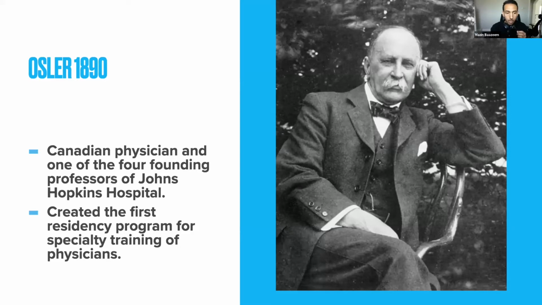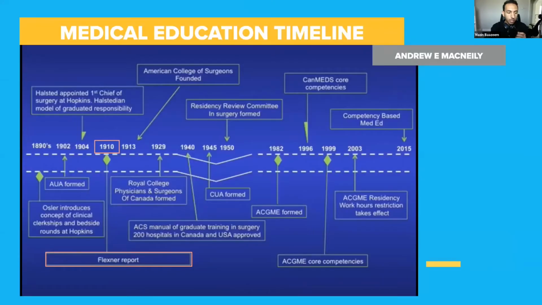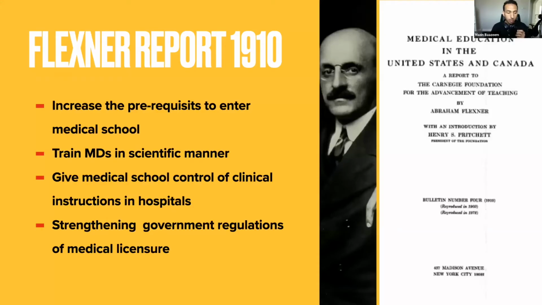Back to the medical education timeline, another shifting point happened in 1910 with something called the Flexner report. Abraham Flexner is actually not a medical doctor. He's a private school owner. So basically, he was funded to go around all the medical schools in the United States and Canada. He actually visited McGill, where I graduated, and also Toronto, to come up with suggestions and recommendations about